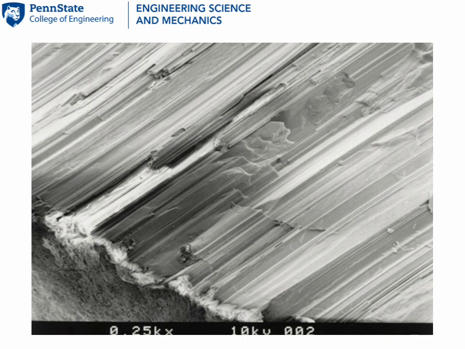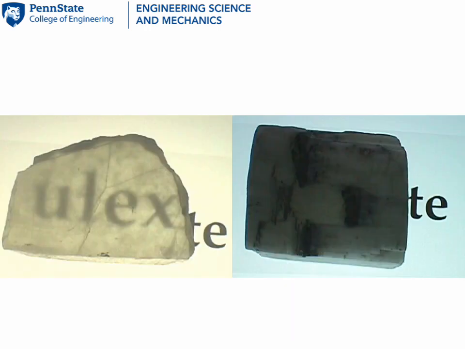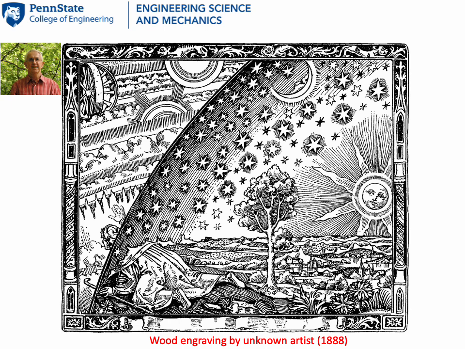A scanning electron micrograph shows the structure of ulexite. It is like a mass of parallel and straight glassy fibers all stuck together. One can see along the lengths of the fibers, but not in directions transverse to the fiber lengths. I called my colleague Russ Messier. He was one of the pioneers of morphological studies in thin films. I asked him if similar substances can be made in a laboratory. He said, yes, of course. And with that answer of his, a whole new world opened up for me.